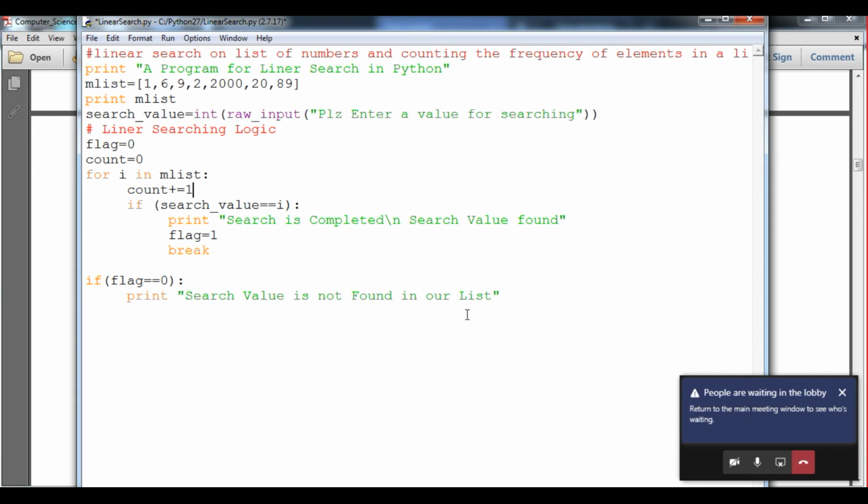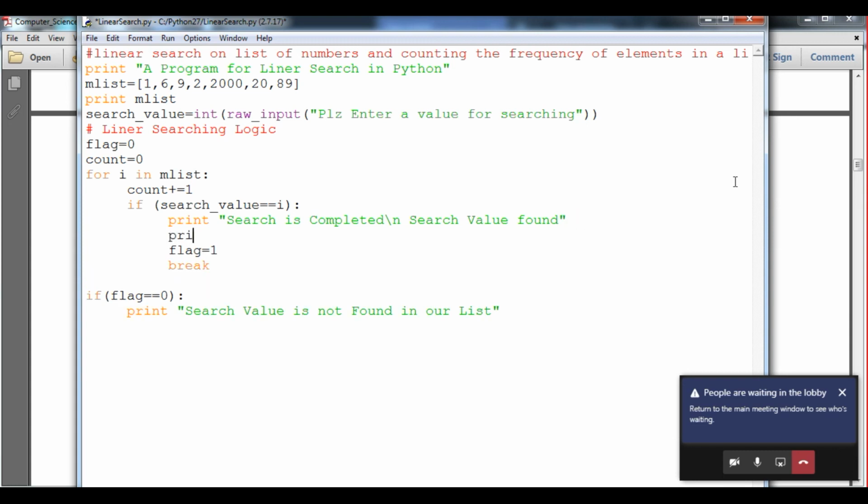And at last, if the value is found, we simply print after count tries.